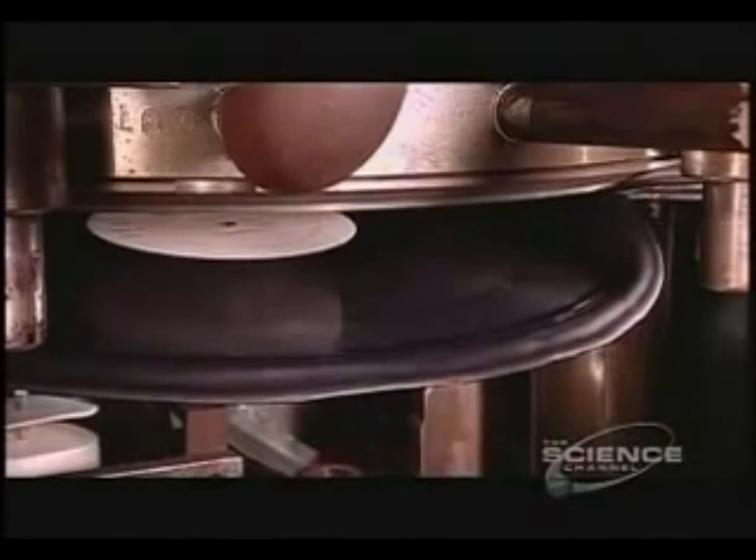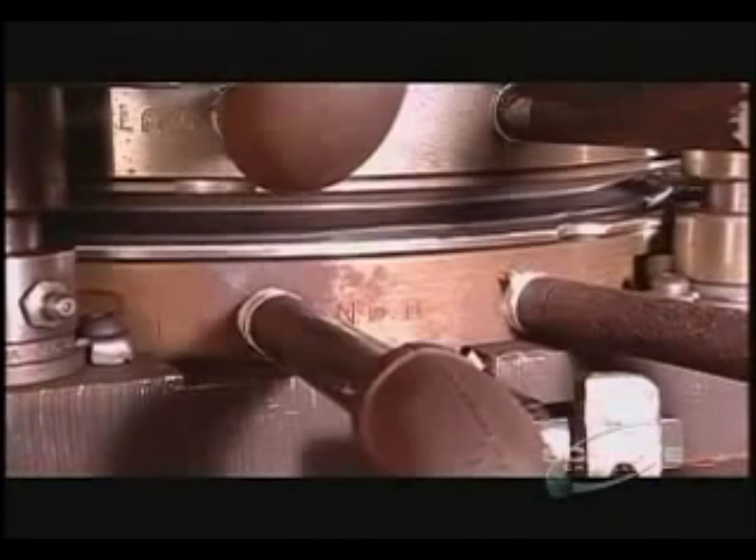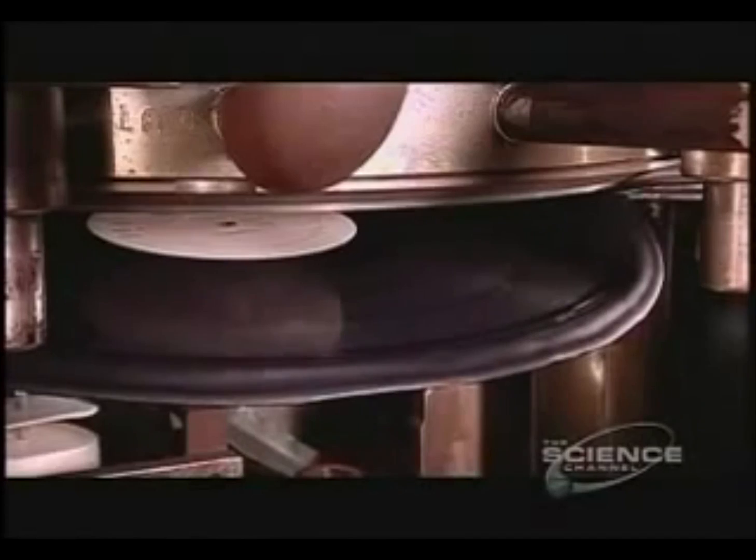The pressing and trimming of a vinyl record takes just 28 seconds, but it's sure to get thousands of plays by enthusiasts who refuse to buy into the digital revolution and still believe that vinyl is a